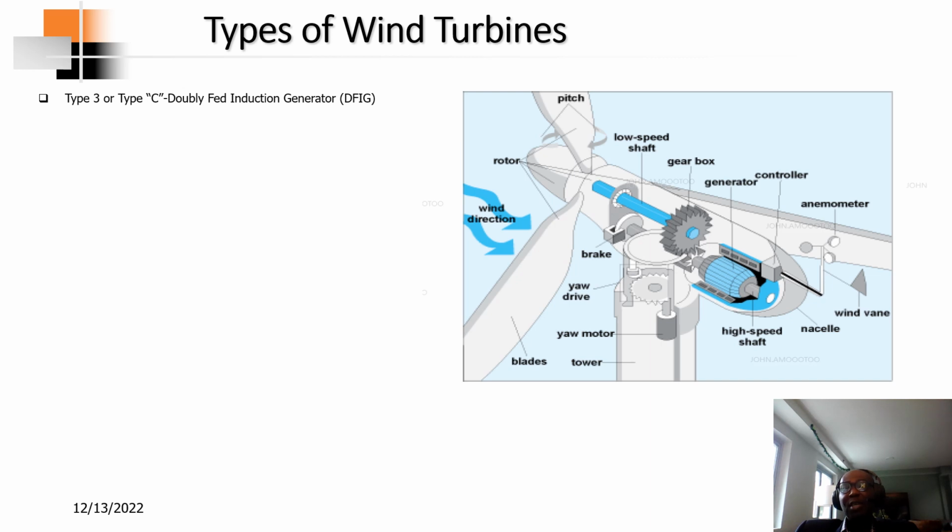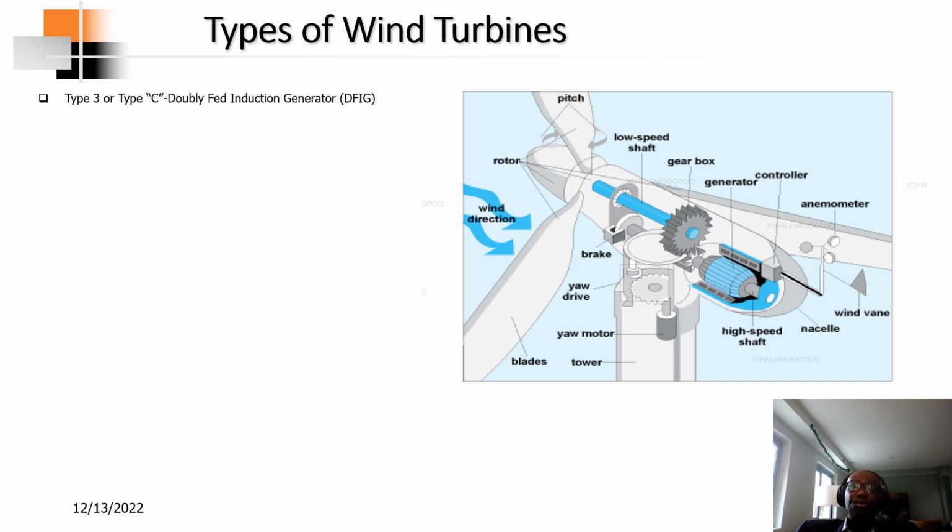Let's say you have a wind turbine blade that is spinning at 17 meters per second. Then if it is coupled to this gear system, basically it can enhance and multiply the speed to faster revolution, to about 1,000. And from there you have the generator and also a controller and anemometer and speed sensor. So the housing is called a nacelle, and here is the high speed shaft, and over here is the low speed shaft. So this is the braking scheme that